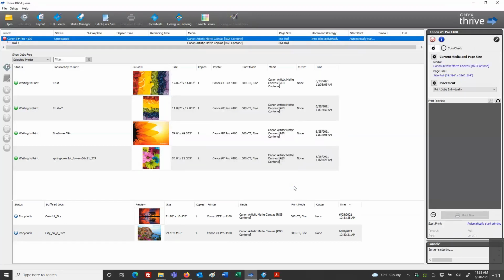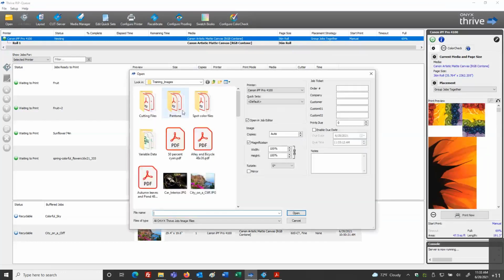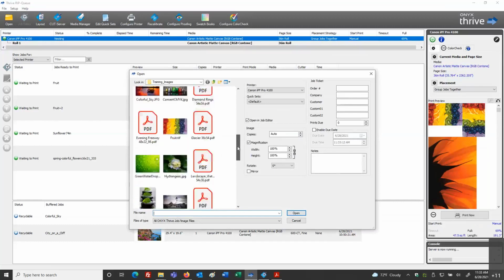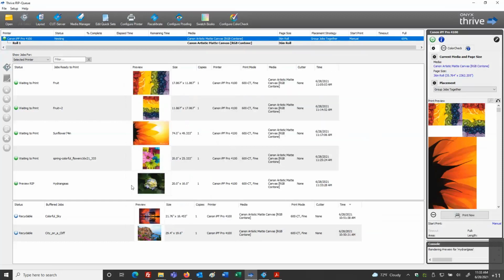Again, using them here in the RIP is very simple. When we go to open, we can select our particular file and choose that quick set. We could still go into Job Editor to preview it larger, or possibly not. We know this is a bona fide working quick set to our settings, and we can just send that information over.